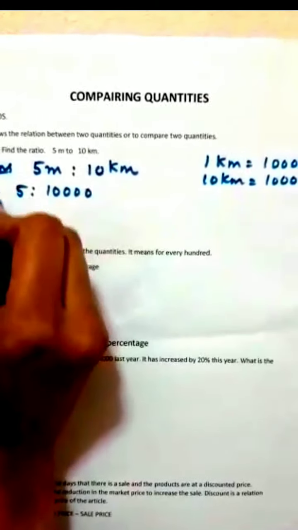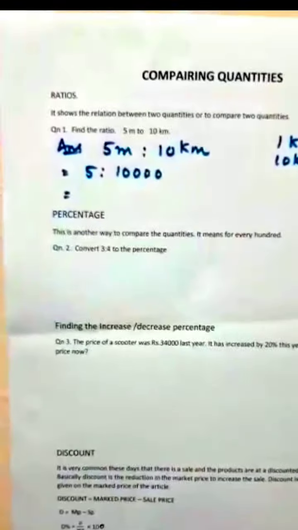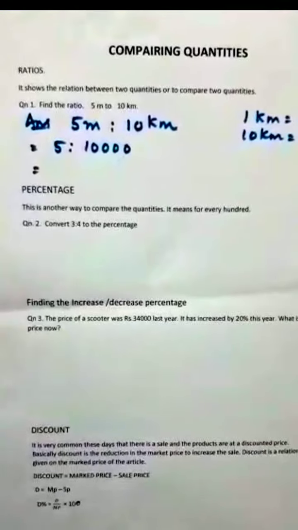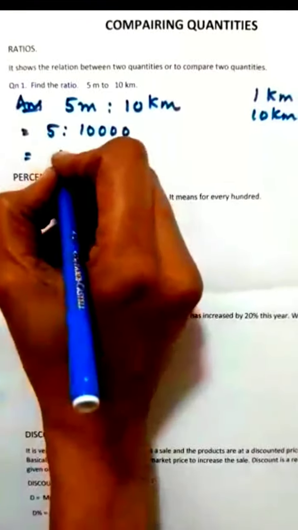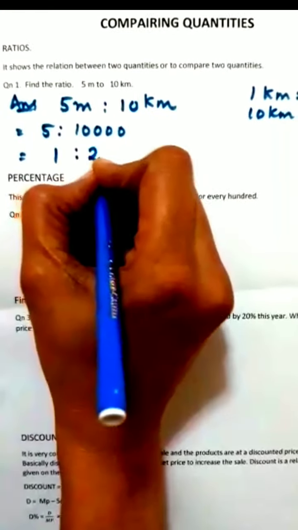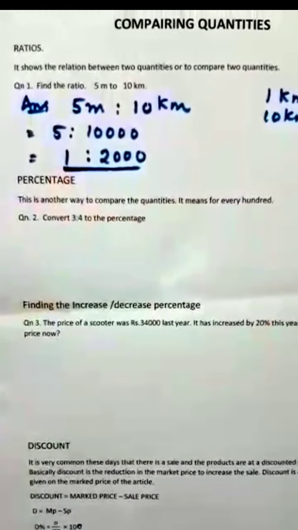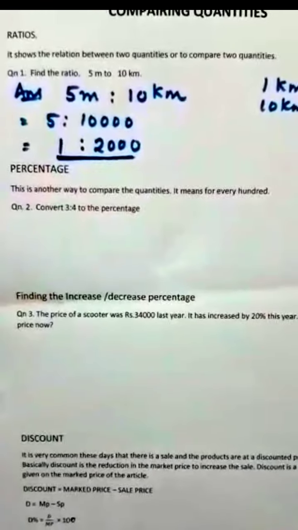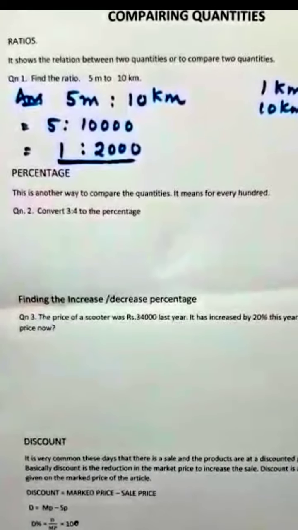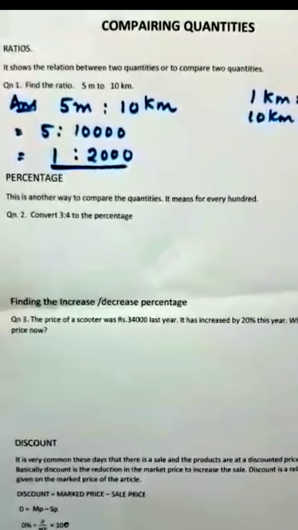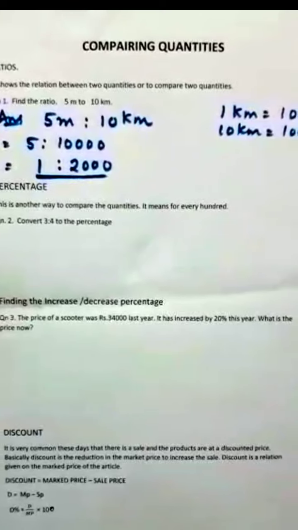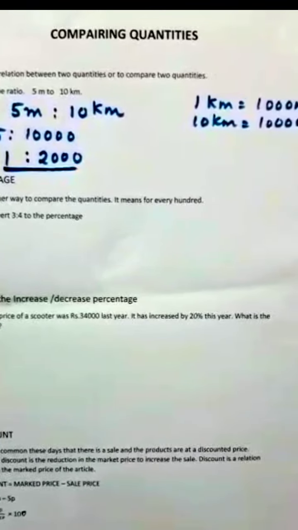You can simplify. Ratio must be in the simplest form. As a fraction you can write and simplify, or if you do it as a ratio, no problem. So the answer will be 1 is to 2000 when you do the simplification. So we can change the unit like kilogram or gram or centimeter or meter, any unit we can do, but the unit must be the same and the ratio must be in the simplest form. Without unit you have to write the answer.